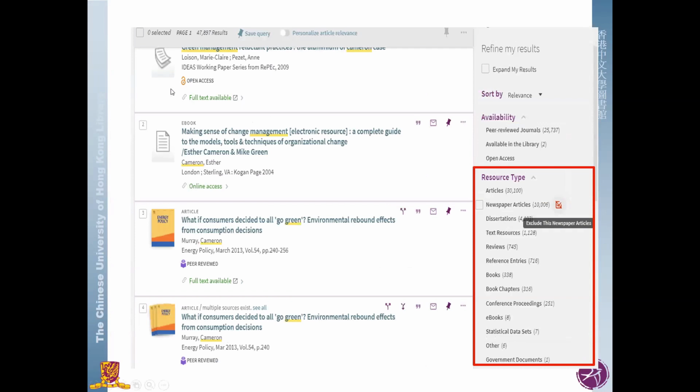So the results list all the materials in electronic format versions. Let's go back to the Find My Results right-hand panel, the resource type. We can find the resource types, how many articles we have, how many newspaper articles, dissertations we have. If we want to exclude, for example, newspaper articles in my search, at the end of